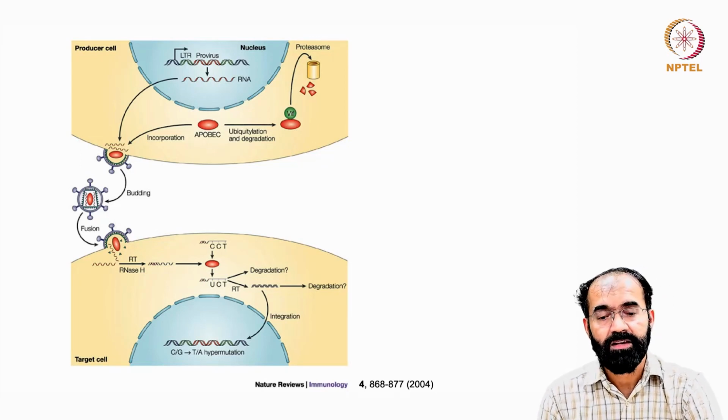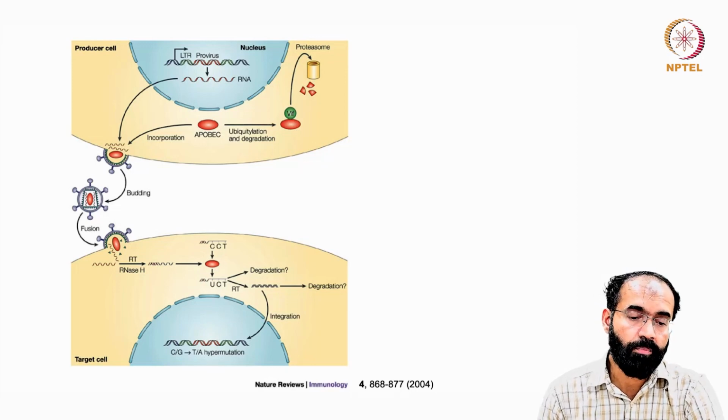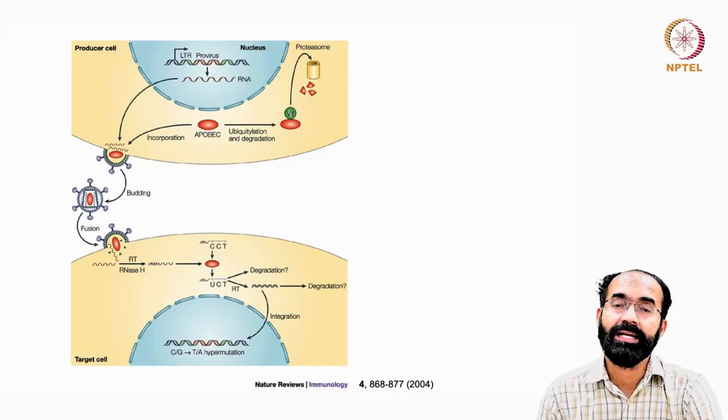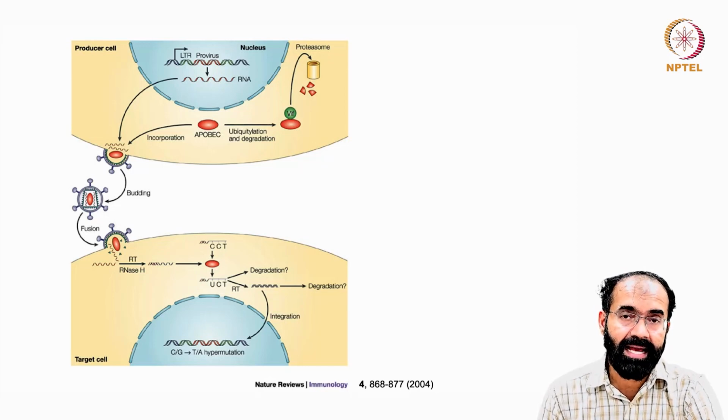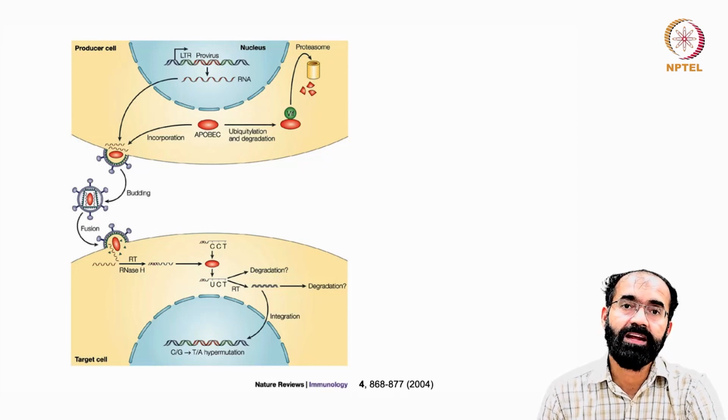VIF protein is from the virus, and it sends APOBEC for degradation. Otherwise, if it is not degraded, what will it do? It will incorporate into the viral particles and it can come out and get into a host cell, and it can carry the virus along with it, and sometimes, if there is a host-derived